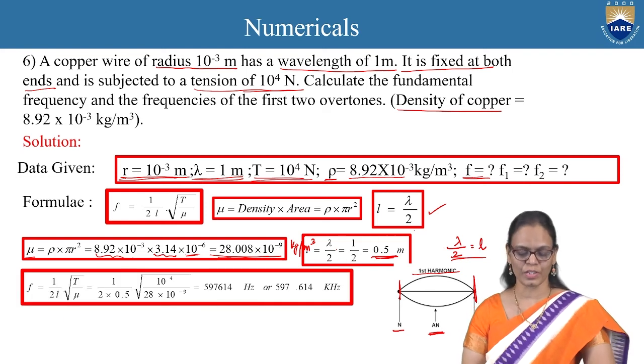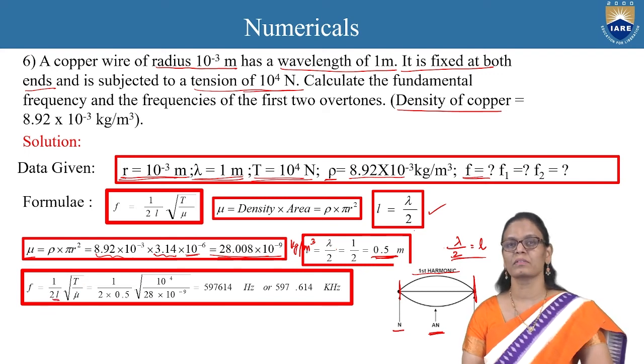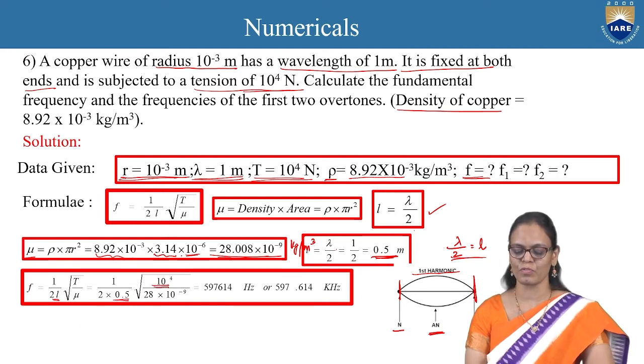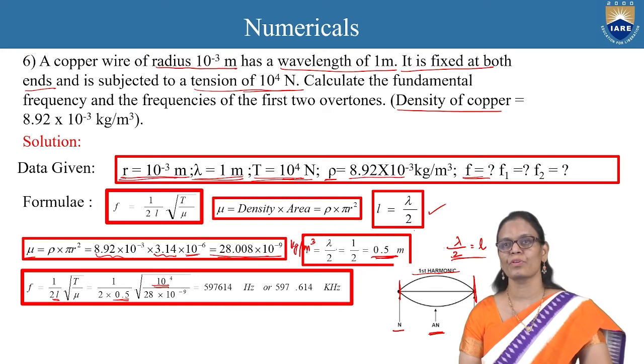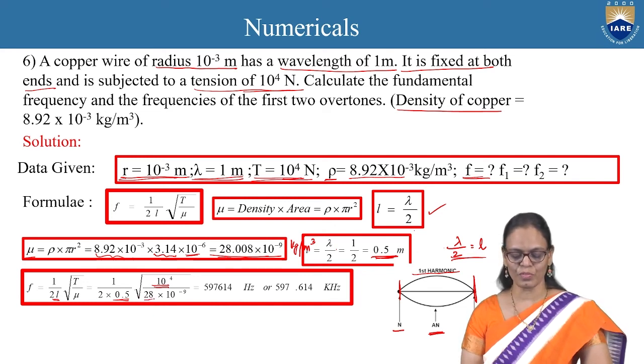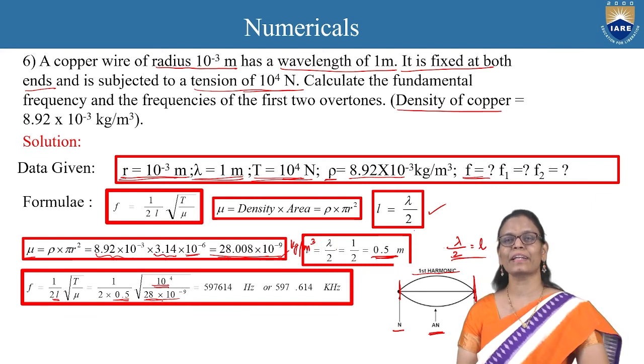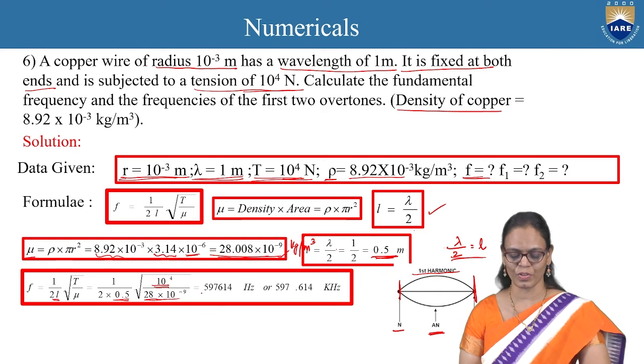So let us substitute in the formula. F is equal to 1 by 2L under root T by mu. For L, we are going to substitute 0.5. For T, the tension, it is 10 power 4 given in the numerical. And mu, we have calculated to be 28 into 10 power minus 9, approximating. We are trying to approximate and write it as 28 into 10 power minus 9. So we get